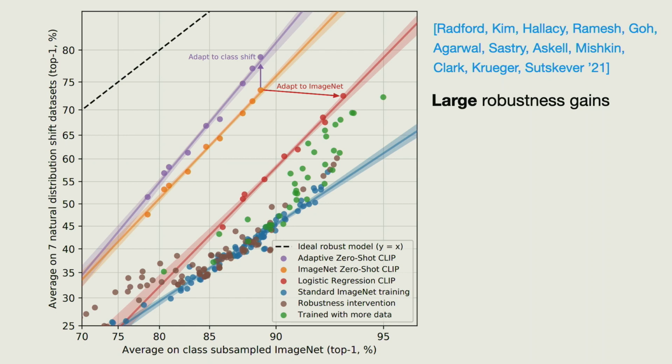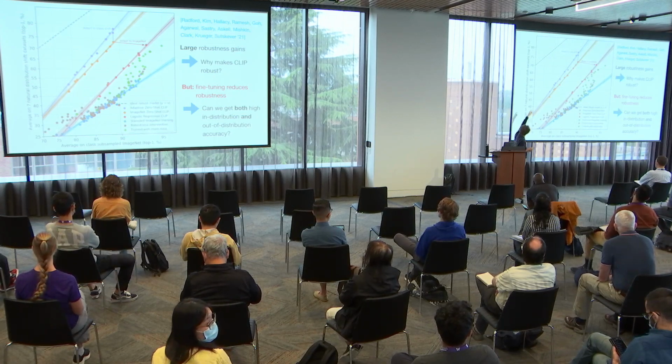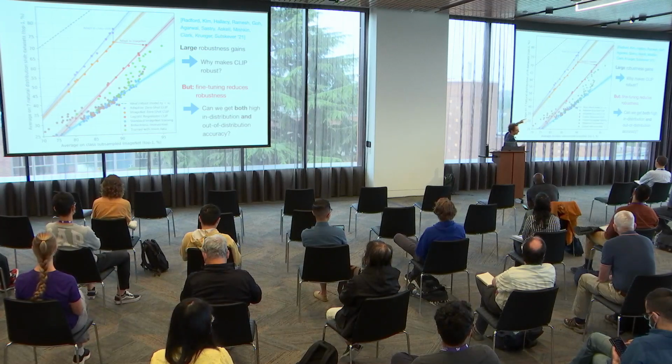One is, okay, why is this so robust? Another one is, what happens with fine-tuning? Ignore the purple line, we'll not talk about this one. The red line is what you get if you take the orange points, the zero shot ones, and fine-tune on Imagenet. You do get better on the x-axis, which makes sense since we fine-tune on Imagenet, but we're actually only moving horizontally. And if you look more closely, especially depending on the distribution shift, we're actually moving down a little bit. So fine-tuning on Imagenet removes some of the robustness that these models have.